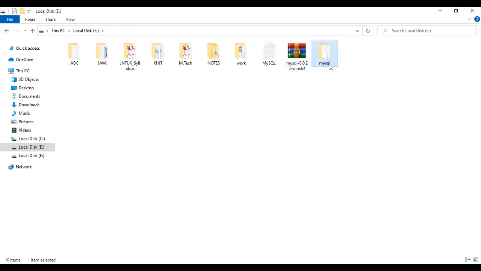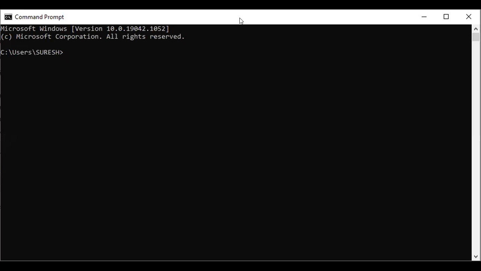So this is the folder, we keep it in the directory E, and go to command prompt. There, go to directory E, and type cd mysql.